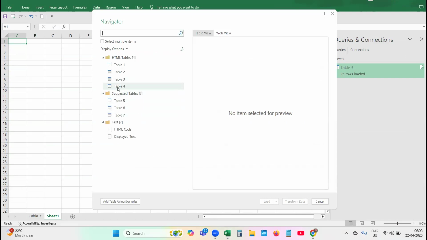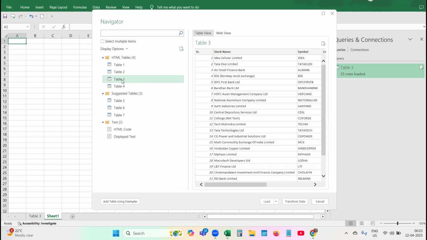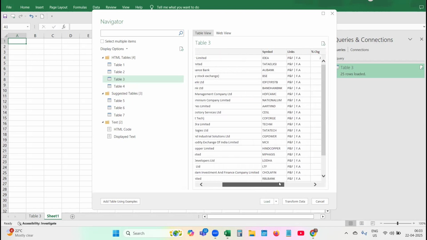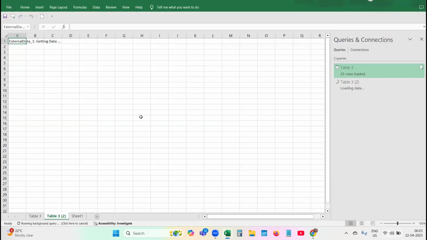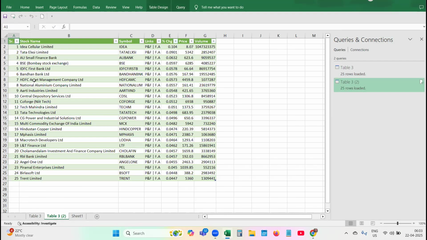So now we'll see whether table 3 is enough, I think. I'll click on table 3. Go down and click load. You got the data from here.